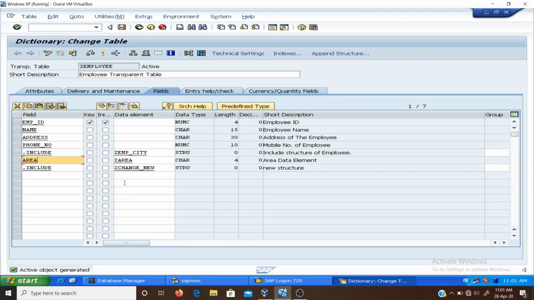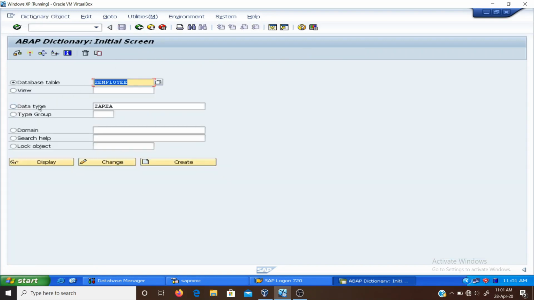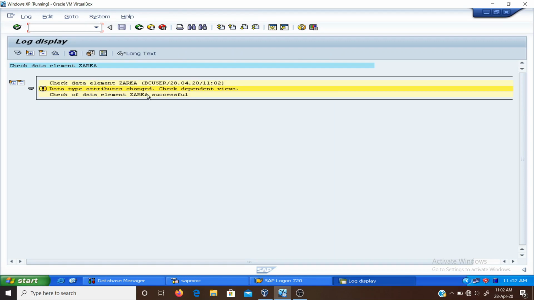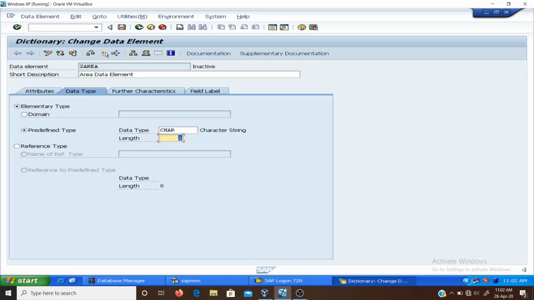database utilities. So now again, we change this data element length back to 1. Go back again, select the data type Z area, click on the change button, and I am selecting the predefined type again, with length 1. Now click on the save button. Again, it will show the same dependent values and then